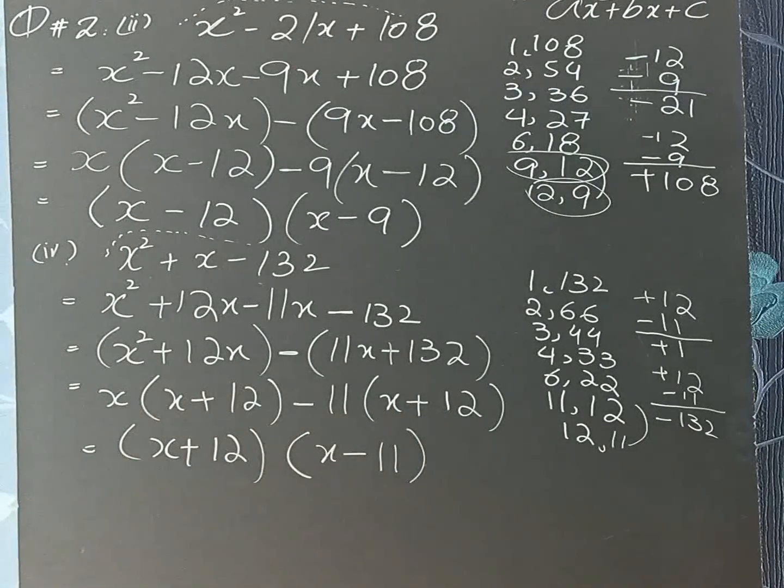So this was the way how we can factorize an expression of the type ax squared plus bx plus c. That is the expression. We can call this a quadratic expression, and this expression can be factorized by the method of mid-term break, in which we will break the middle term to make the two factors. After adding and subtracting, we should get the middle term, and after multiplying that, we should get the last term, that is the constant term over here.